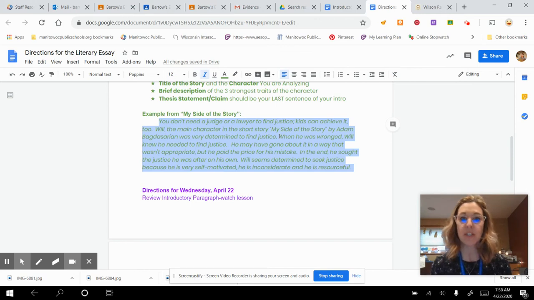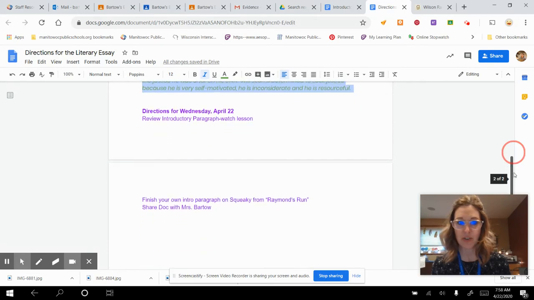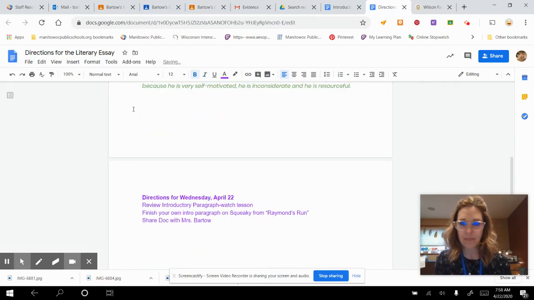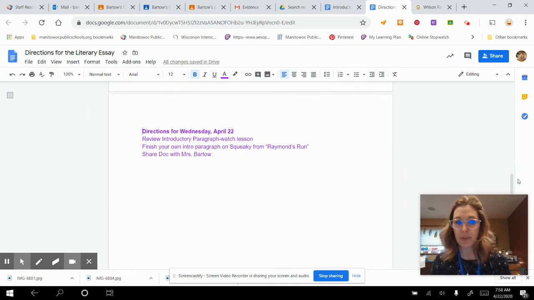Will seems determined to seek justice because he is very self-motivated, he is inconsiderate, and he is resourceful. So that was the intro paragraph from yesterday. Today, when I give this to you, your directions for today: review my lesson, finish your own intro paragraph on Squeaky from Raymond's Run, and then share that document with me today.